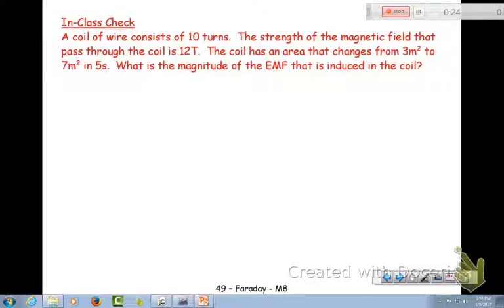Oh, this is an area. Okay. So that's 12 Tesla. And then it gets bigger. So A initial is equal to 3 meters squared, and A final equals 7 meters squared, and the time delta T equals 5. So I'm going to say